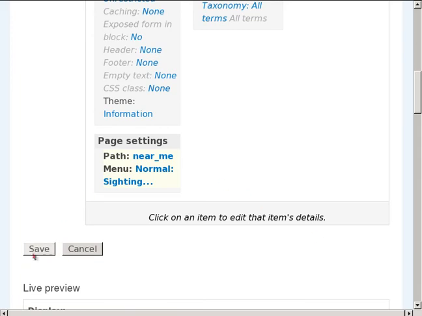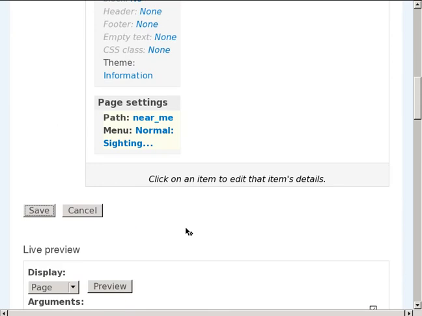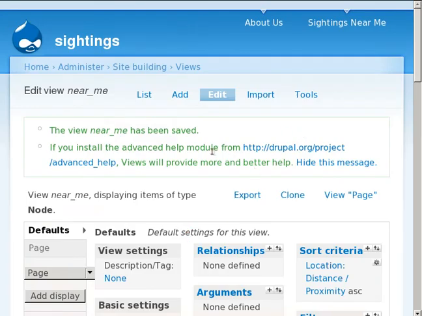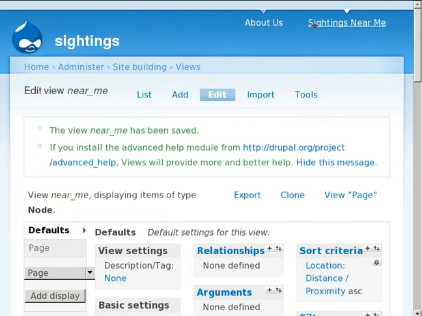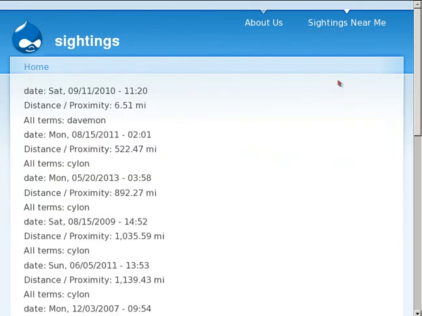Do you know what the website looks like at the moment? We're about to go to it and see what it looks like. So I've actually created this view. It does show a little preview down here. Well, actually, it doesn't right now, but it's created the menu link up at the top, sightings near me. So I'm going to go ahead and click on that, and that's going to show the view that we just